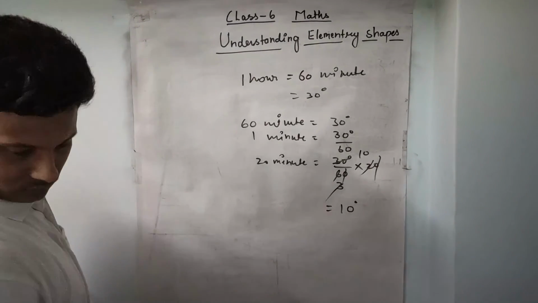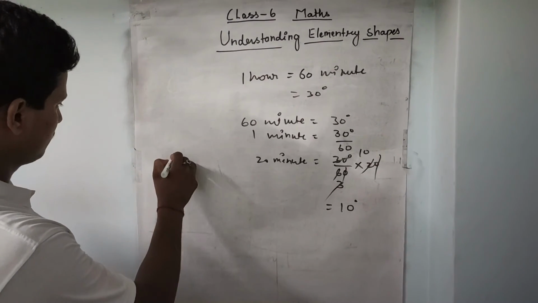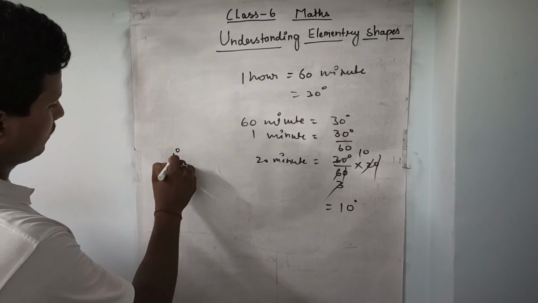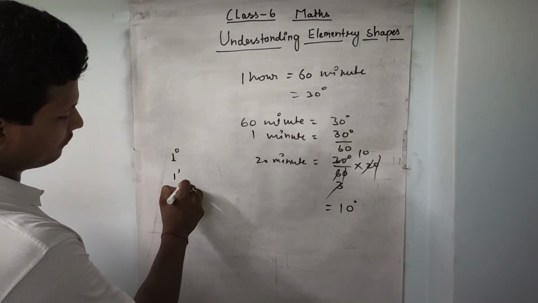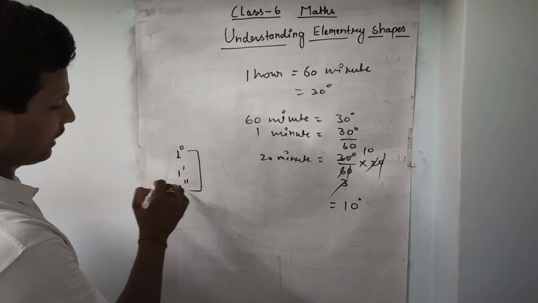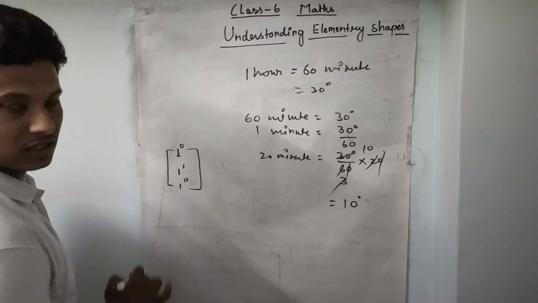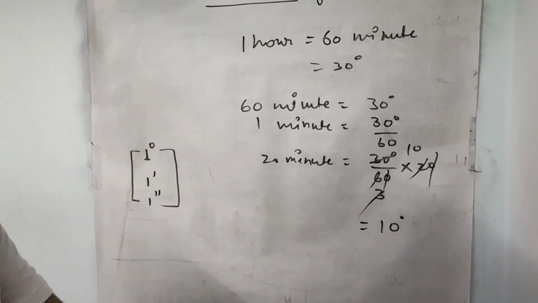1 degree is the bigger value. After that we will write the 1 minute, then 1 second. These are the measurements of the angles. Okay, we will use in the